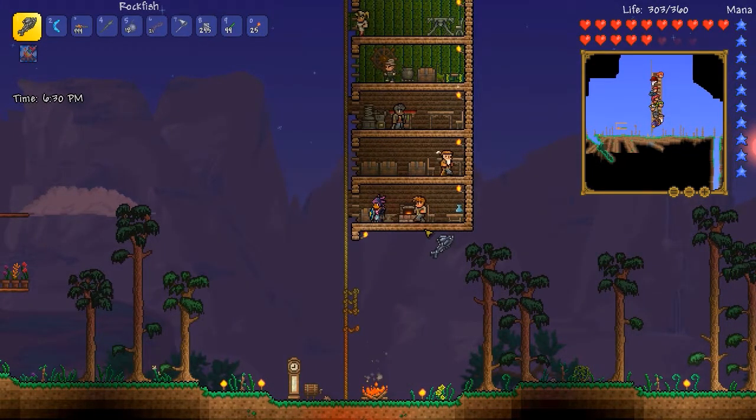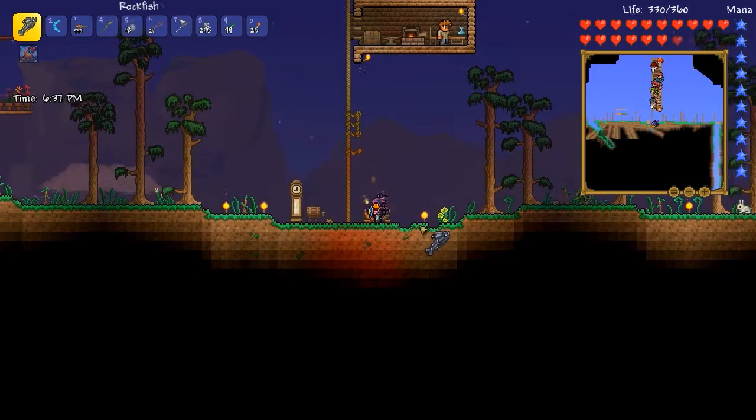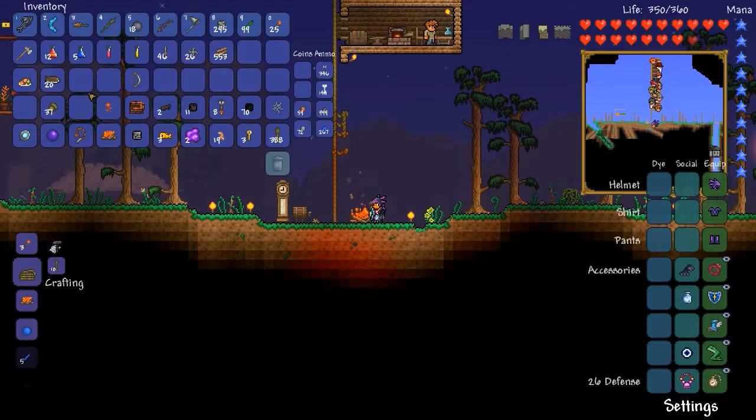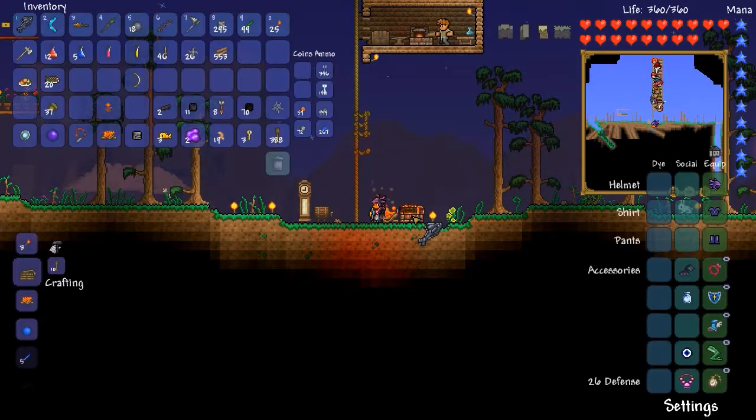Also, where do I want to put my hell forge? Because I won't be able to pick it up again for a while. I think I'm just going to leave it, oops, down here near spawn for the moment. That'll work. Alright, let me sort through my inventory. Let me get the one gravitation potion that I have already, that I found in a chest, and we'll go